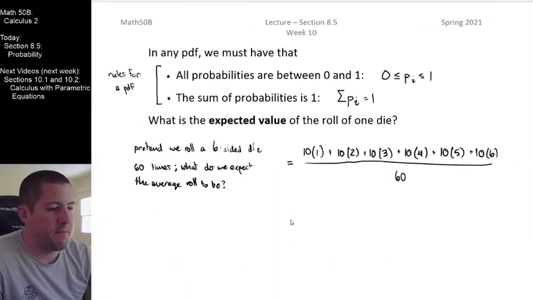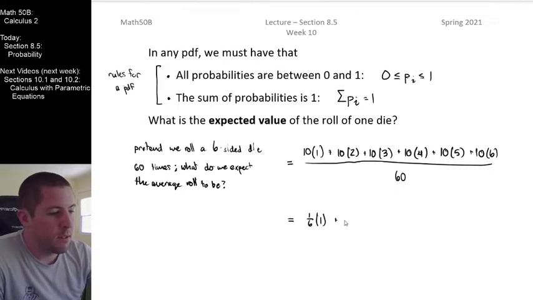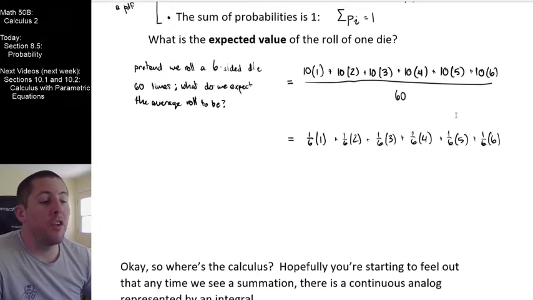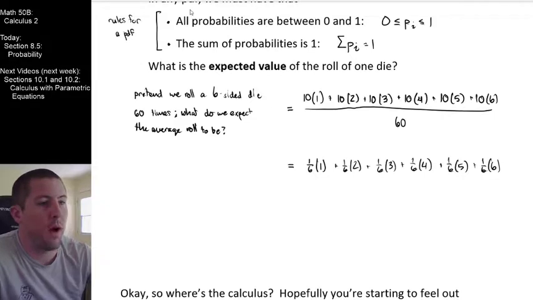So what I'm thinking to myself is maybe we should do our simplification to look like this. I'm just going to divide all 6 of our terms here by 6, getting us to 1/6 times 1 plus 1/6 times 2 plus 1/6 times 3 plus 1/6 times 4 plus 1/6 times 5 plus 1/6 times 6. This is going to be a really good structure for us to identify our expected values of any discrete probability distribution here.